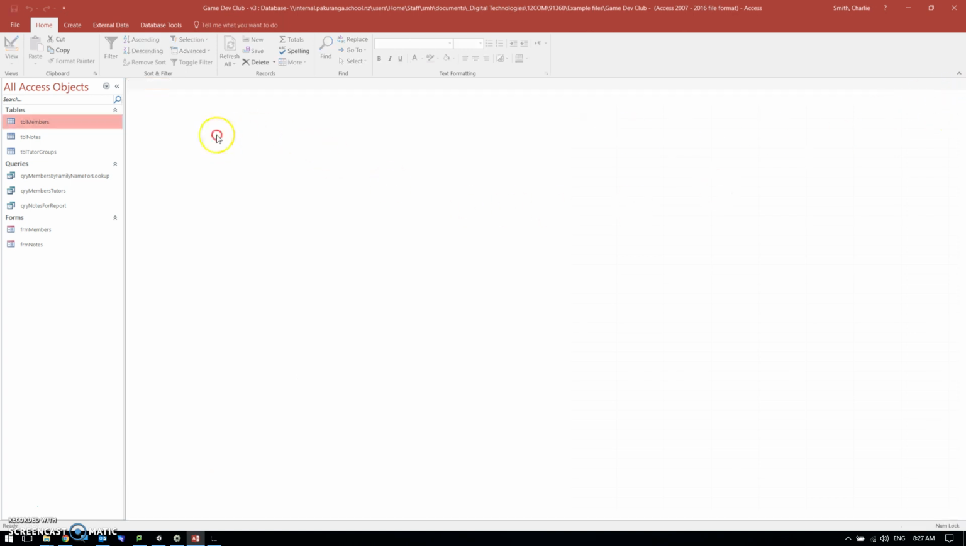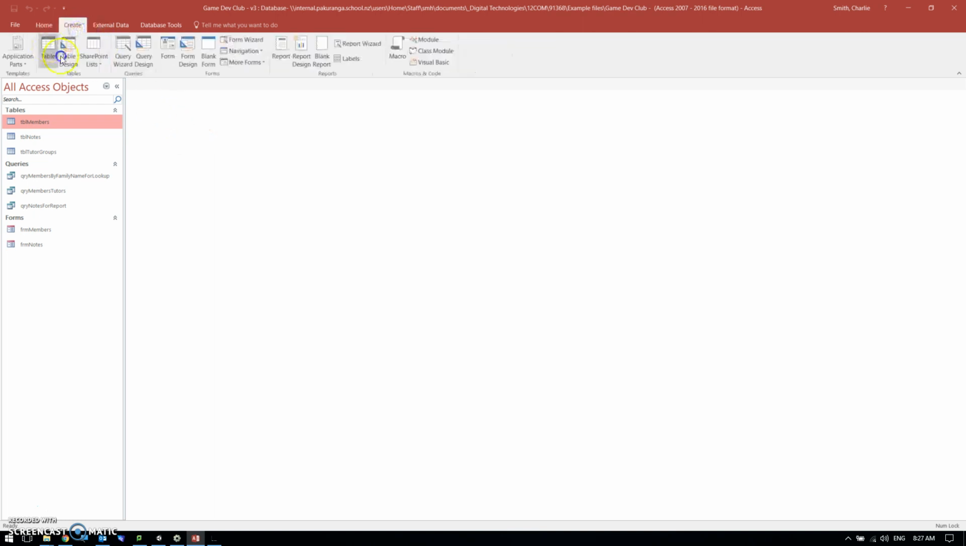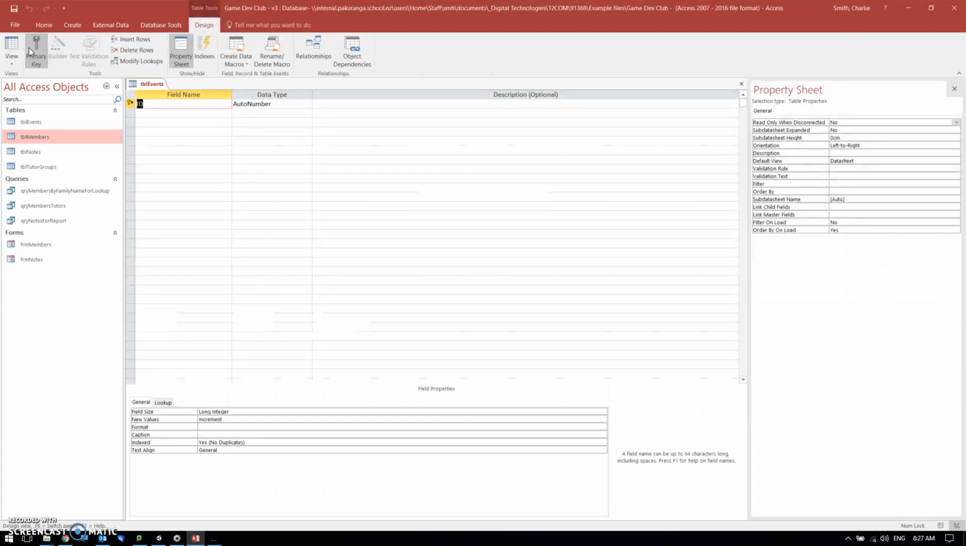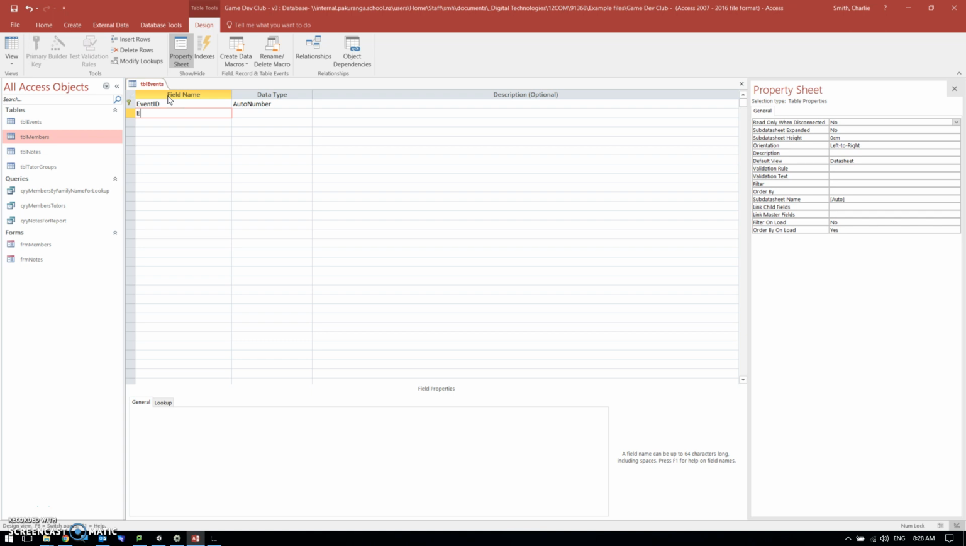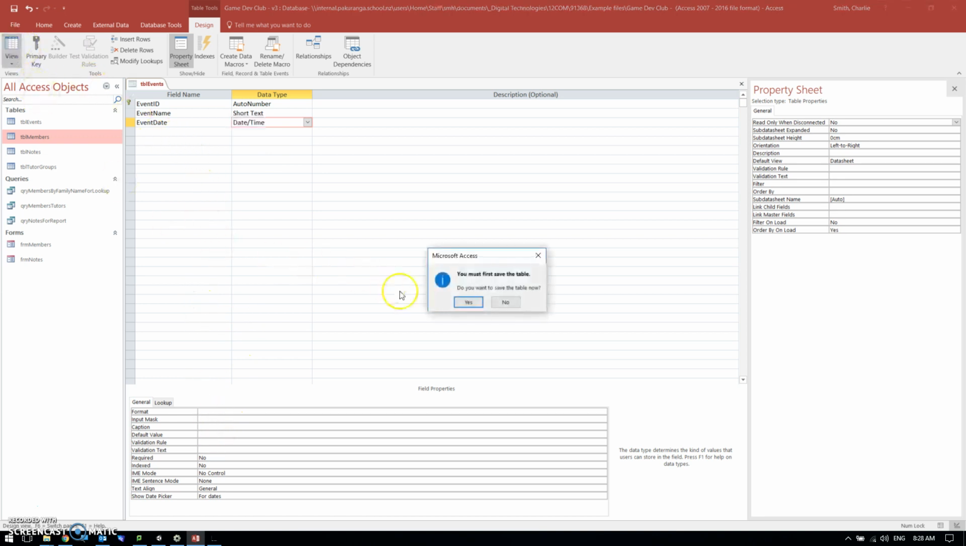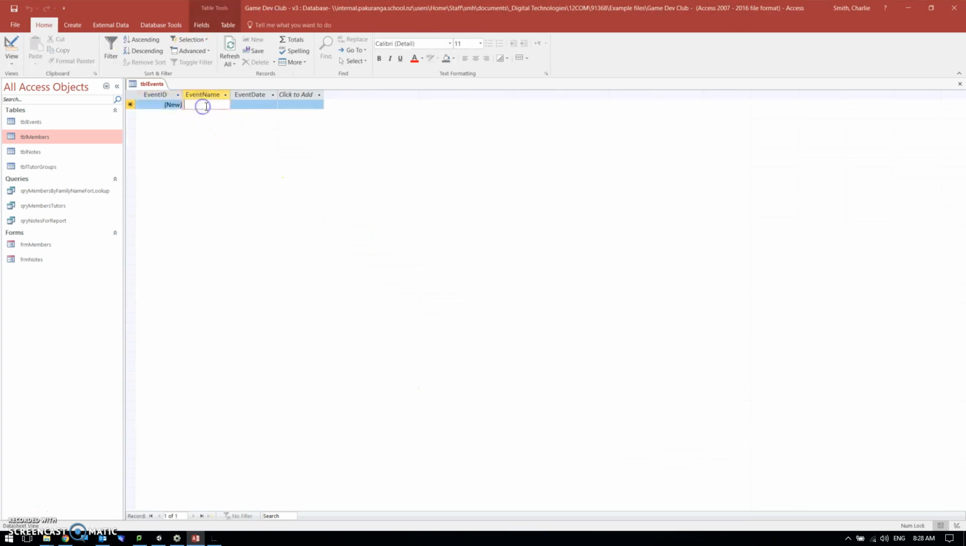So I'm going to create a table called TBL events, and let's give this an event ID and an event name and an event date. So probably easiest if I just put some data in just to see what this looks like. So this is the